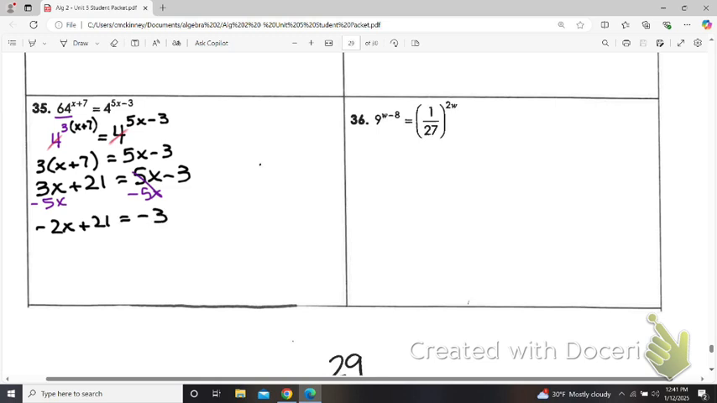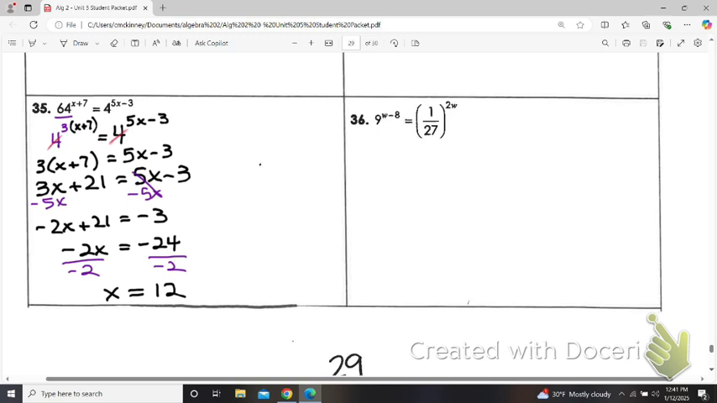I'm going to subtract 21. I didn't quite write it there just because I'm running out of space. And then I'm going to divide by -2. And x is 12. So get the base the same. So the 64 got replaced by 4 to the third. Then we distribute it. Then we could drop the 4's and make an equation from the bases. So over here,